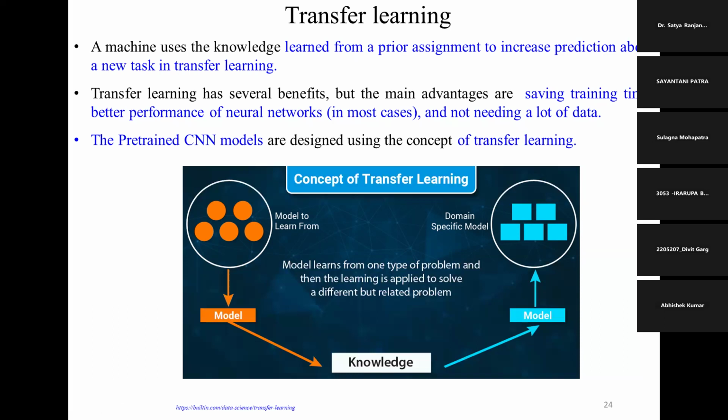We just call that model based on our dataset, and no need to write this many layers and this much code, only take advantage of the already built model. That we generally call pre-trained CNN models.